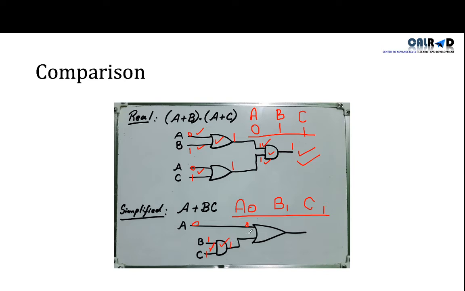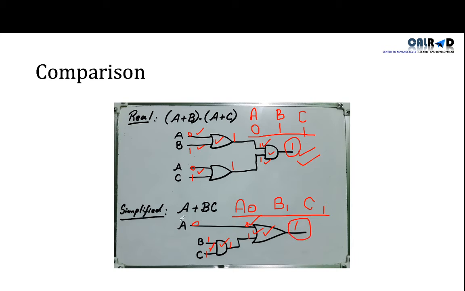So now we have 0 1, and we will check that in the OR gate, because this is the OR gate. If in an OR gate the value is 0 1, then what will be the output? In the truth table, if the value is 0 1 in an OR gate, then the output is always 1. So hence, from our block diagram and from the truth table, we prove that both designs give the same output.